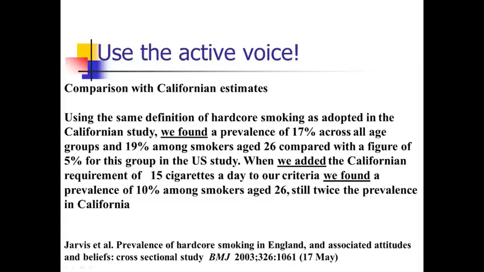So for example, here's a study. Notice that this was a study that broke the results section into subsections with little headings. So we're getting a subsection here that's called Comparison with California Estimates. They were looking at smoking in England. And so they did use some we found. So using the same definition of hardcore smoking as adopted in the California study, we found a prevalence. And then when we added that California requirement, we found, so we are using some we to keep it in the active